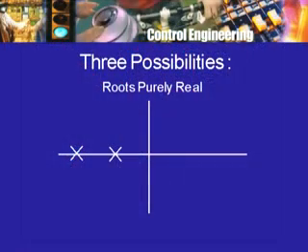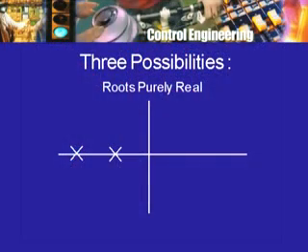So fortunately for our motor problem, the two poles, if they are real, are both in the left half plane and strictly in the left half plane. One of them cannot be 0, because if one of them is 0, the product is 0, but the product is not 0, the product is positive. So there is no pole at the origin, the two poles are in the left half plane.